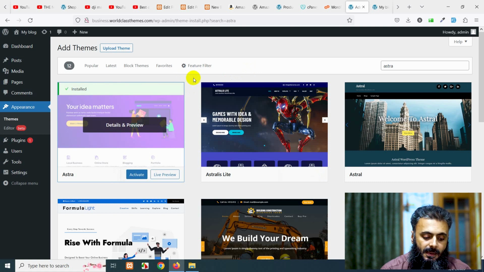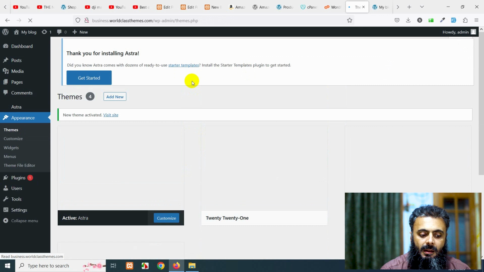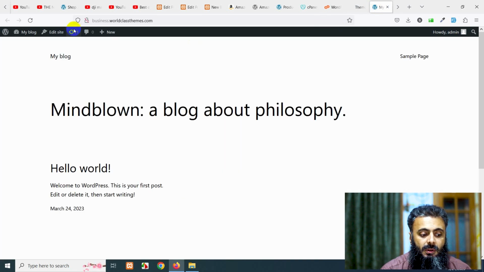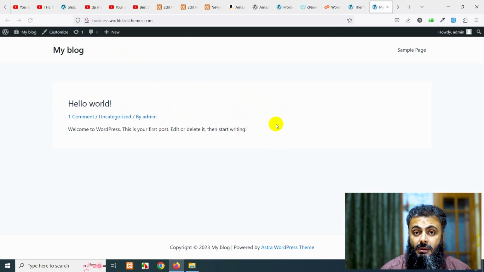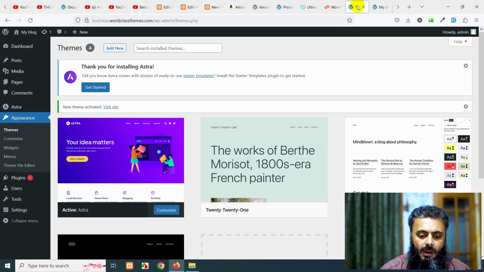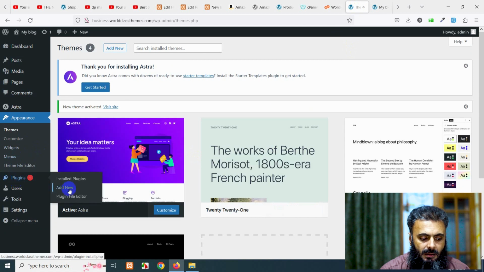Okay, the theme is now installed. Click on activate, and if you go to the front end and refresh the page, you will see that our newly installed theme is already added and activated. Now we will go to the plugins, click on add new,